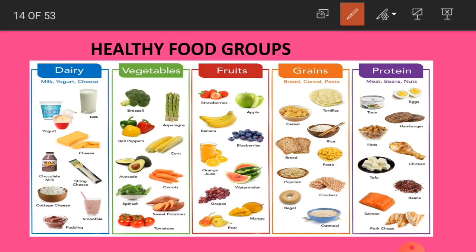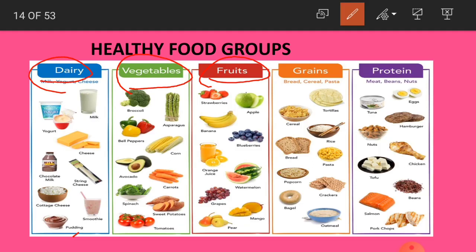Like if you say dairy products, which are connected with milk and all that, eggs, milk and all that. See here, you have so many. You have curd, milk, cheese, chocolate. All this is completely dealing with milk products. And vegetables, all the vegetables you eat in your daily life. Again the fruits. Fruits also. So every day it is compulsory to take all these 5 types of food.